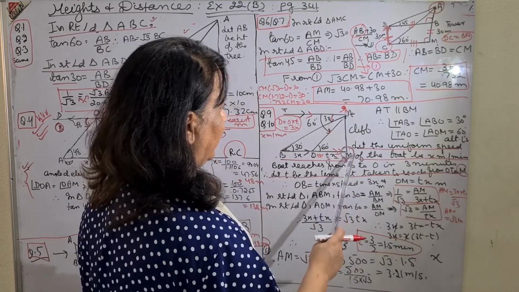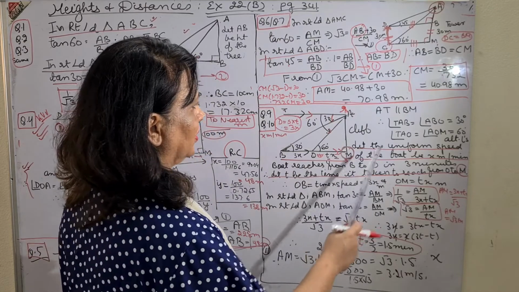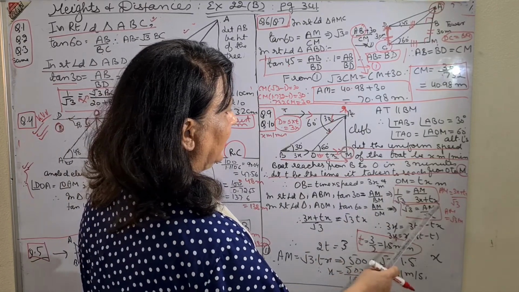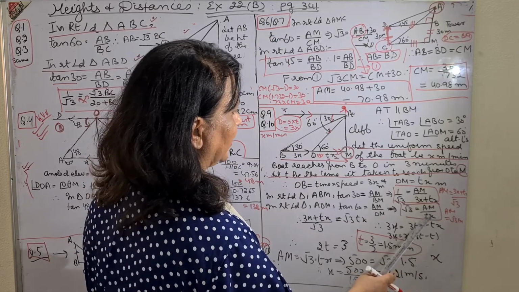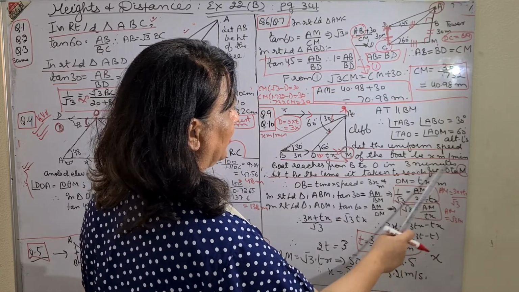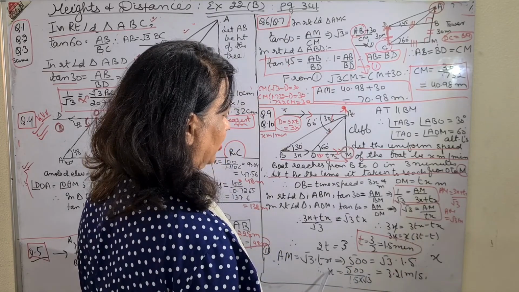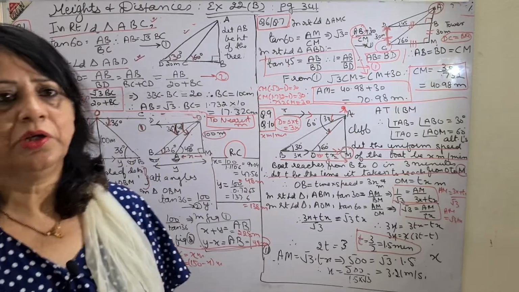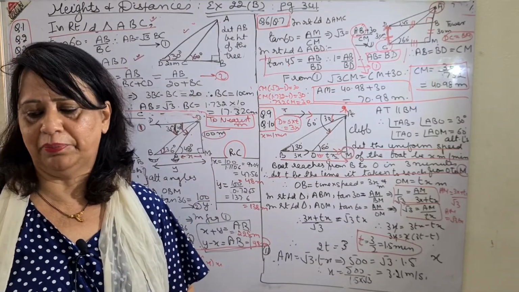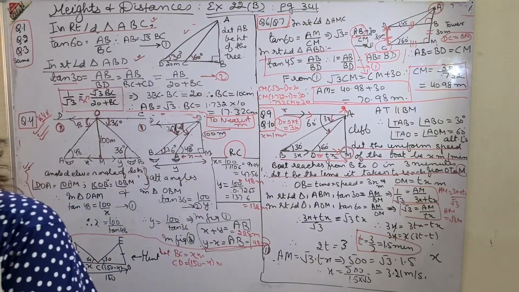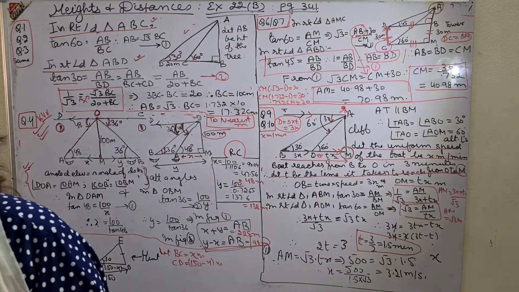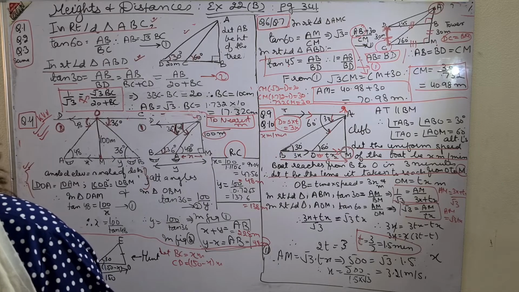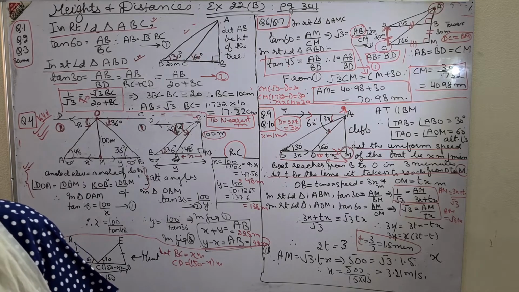So second case, AM was given 500. I took the relation AM is equal to root 3 into t x. T I knew, I changed into seconds. X I had to find, X was my uniform speed. They asked me to find the uniform speed, so I found the uniform speed in seconds, meter per second. To change the minutes into seconds, you know, multiply by 60. Then sums 9, 10 and 11 you have to do the same way. Then of course you will read it, do it. If there is any problem, you can ask me.